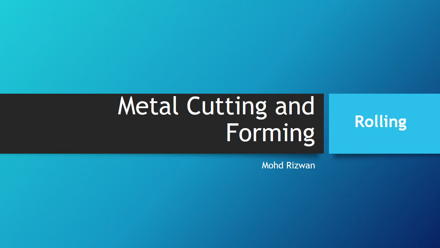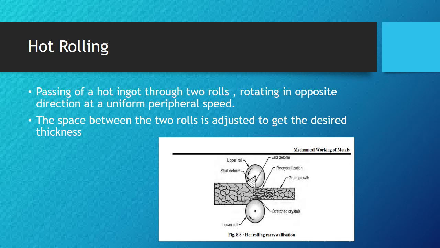Welcome to this video. In this video, we will learn about the first metal forming process, which is called rolling. So what actually is rolling? Rolling is when we pass an ingot in between two rolls, which are rotating in opposite directions at a uniform peripheral